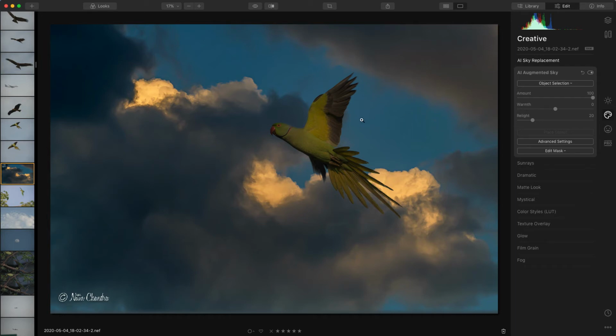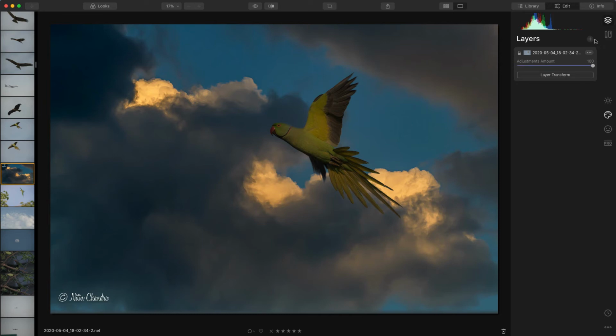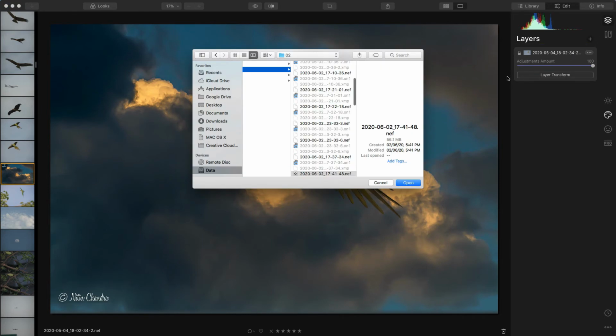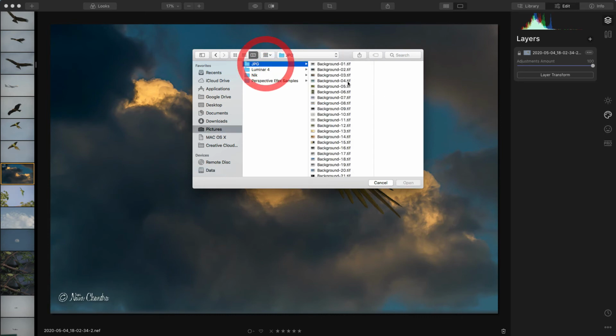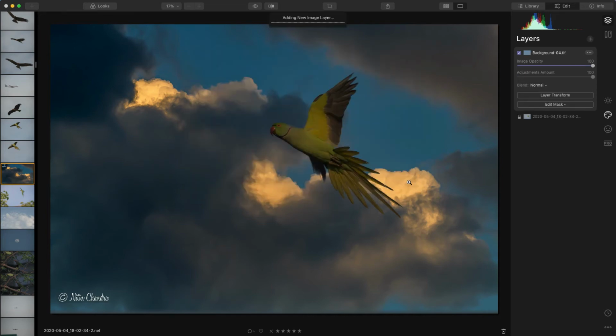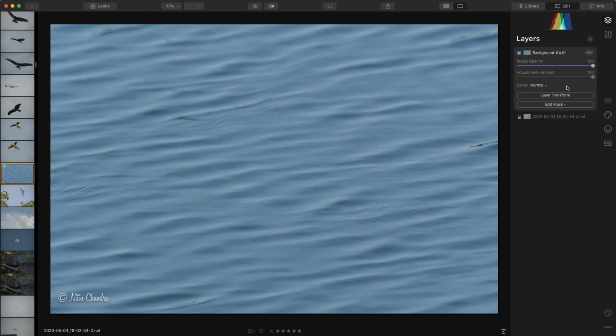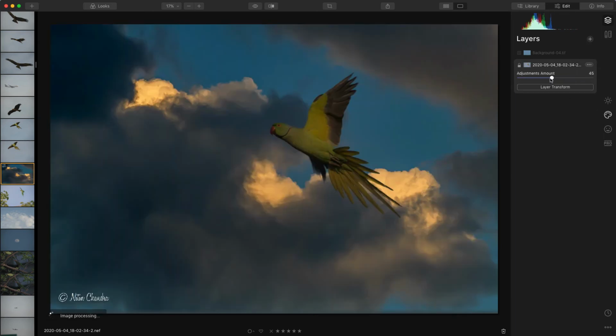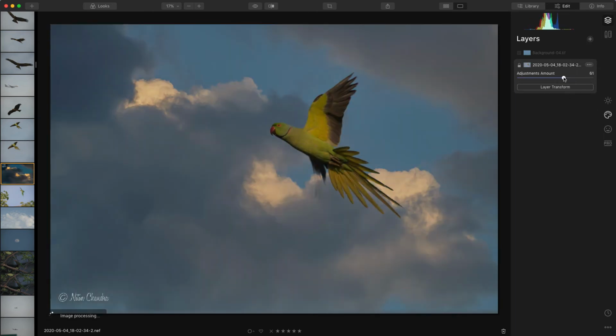And of course you can use these images as layers. So if you do a new image layer, you can once again pick up any of these. This is water, for example, and if I reduce the opacity of this layer, you can see it seeping through. So let's move on to